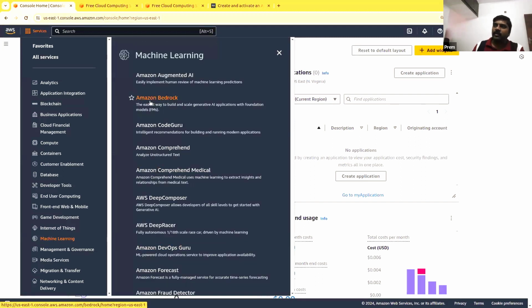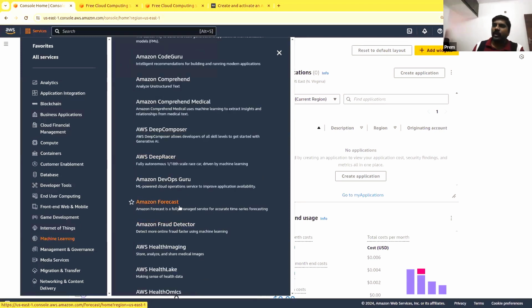Recently they have introduced something called Amazon Bedrock, which I think we spoke about last week. Bedrock is a solution from AWS where you can try out different open source generative AI LLMs available, including their own LLM called Titan, and there are many other things to create.